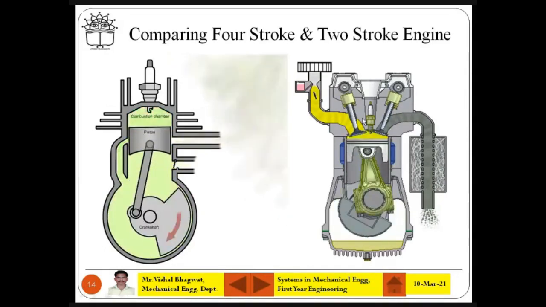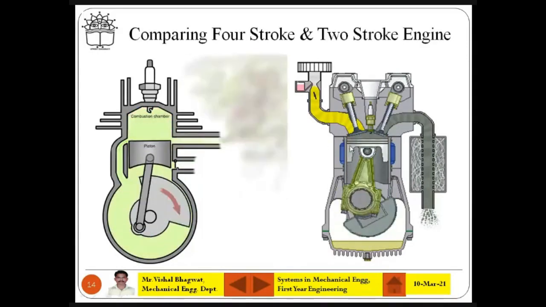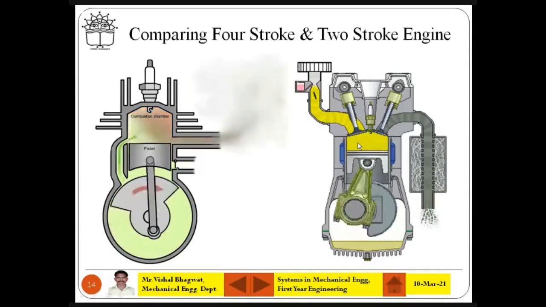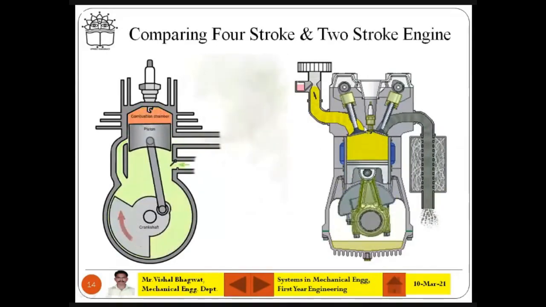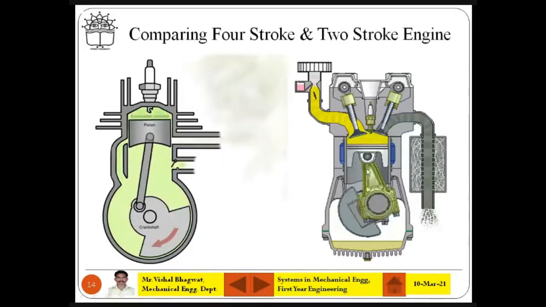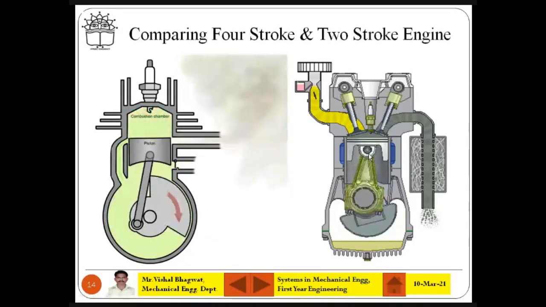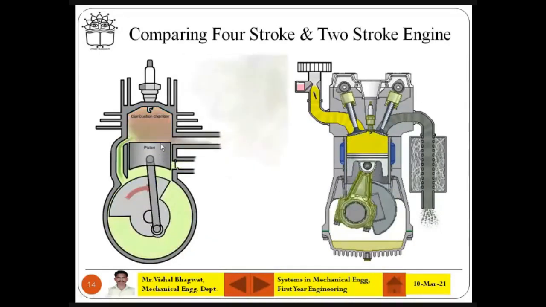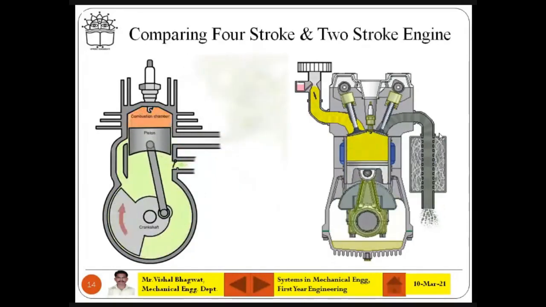Construction wise it is much more complex in the 4-stroke engine. You can see the complex one, right? Is it correct? It is the complex one. And then there are 4 strokes inside the 4-stroke engine, so friction is too much. Friction between cylinder and the piston is too much. For 2-stroke, it is only 50% friction compared to 4-stroke.